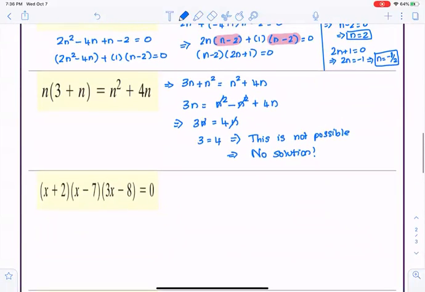So here we have a cubic polynomial, but everything is nicely factored for us. So we just have factor multiplied by factor multiplied by factor. And it equals 0, so either one of them is 0 or all of them are 0. So all we have to do is set the factors equal to 0 and solve for x,